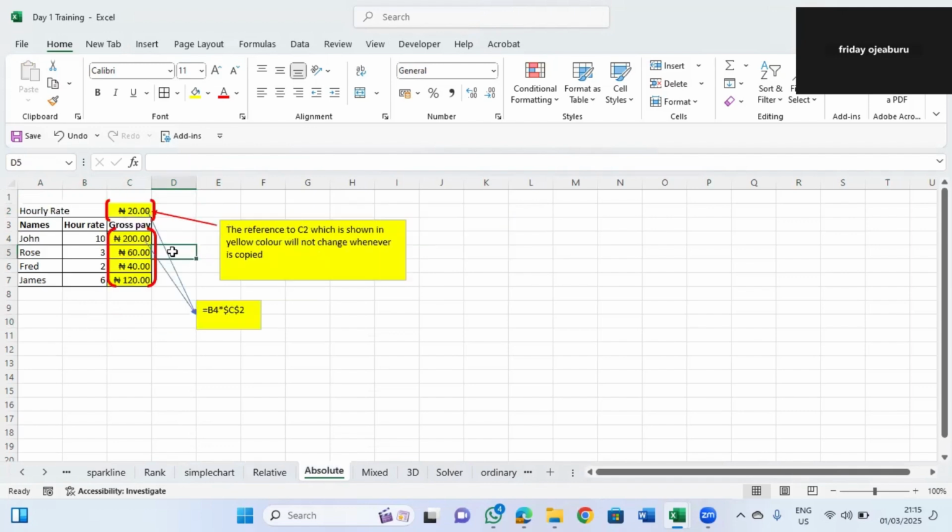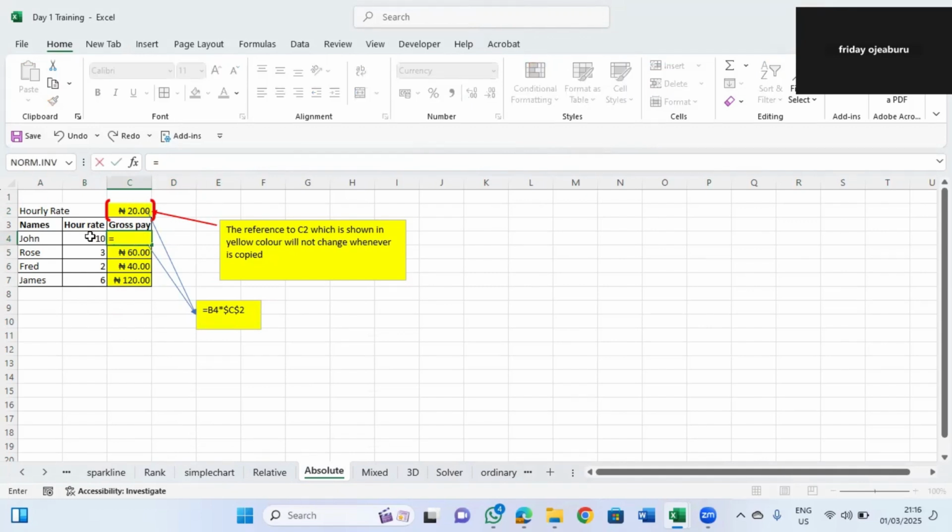Then we have absolute. Absolute does not change. If I have this amount here, this is the hourly rate, but these are the hours they have worked. I want to know how much this one times this one times this one. This 20 naira will remain the way it is. It will not change. So what am I going to do? I'll click equals to. I'll pick this B4 first. I'll then times